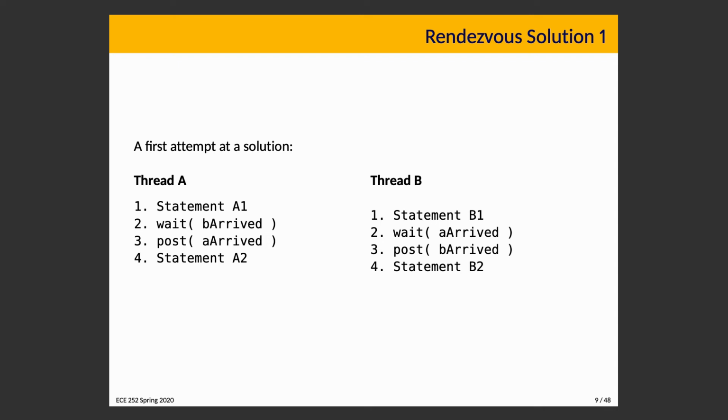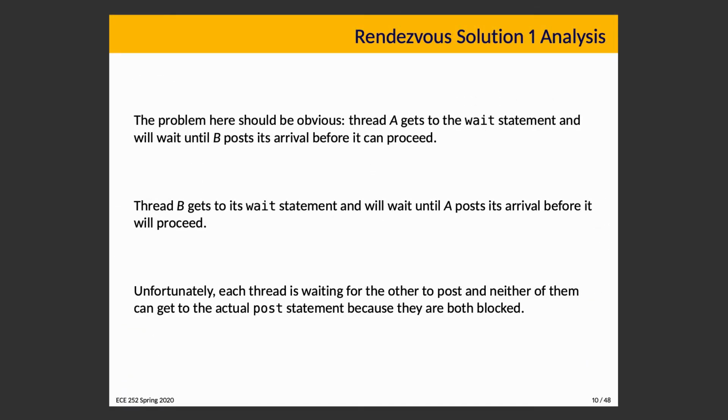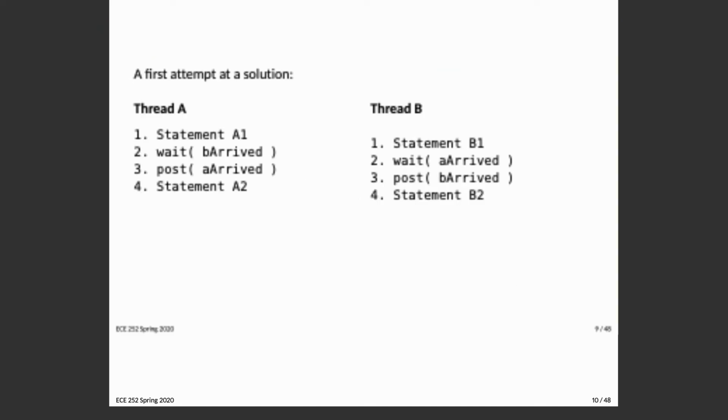All right, our answer is no, and hopefully you spotted the problem in this, which is that thread A gets to the wait statement, and it waits until B posts its arrival before it can proceed, and thread B gets to the wait statement and waits for A to post before it can proceed, and each of those threads is then waiting for the other,